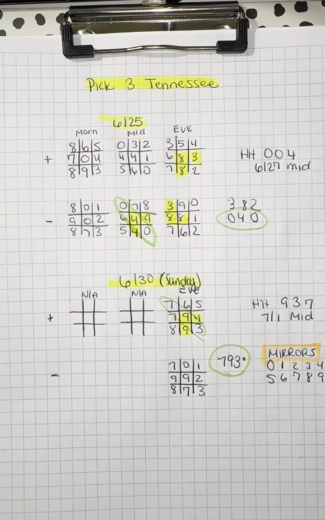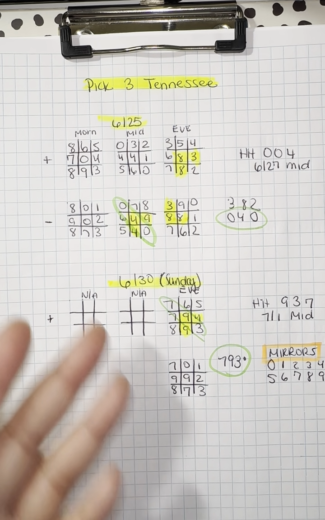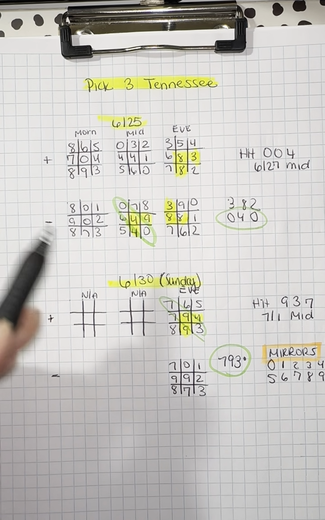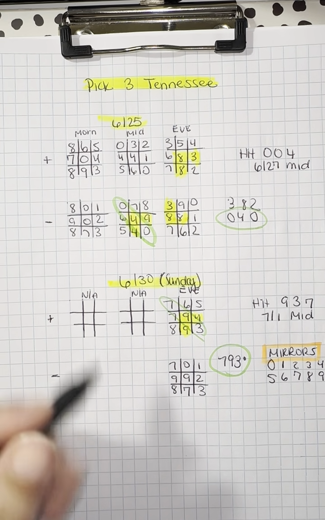Nice. Okay. So this could be a very simple strategy when you think repeats, especially if your state is, you're noticing, wow, those numbers keep coming back. You may notice they're mirrored. You can probably even mirror this to see if that's what's working. I just try to keep it as simple because you're already doing plus and minus. But if you want to go the extra step, if you notice that they're mirroring the hit, that's totally up to you. Meaning, when I say mirror, like 793, you would also put in your chart,